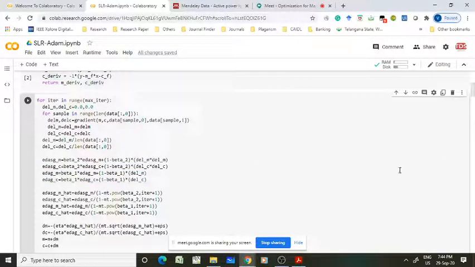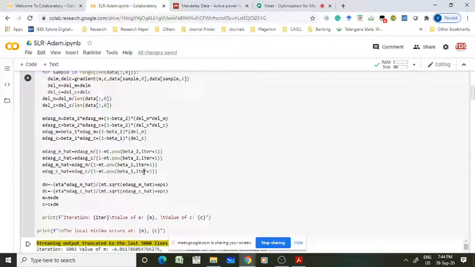Next, what do you have to do? After that, we have to calculate the bias corrected values. The bias corrected value is the hat. Remember? Hat values: VC hat, VM hat, MC hat, MM hat. So those are the bias corrected values we are calculating.